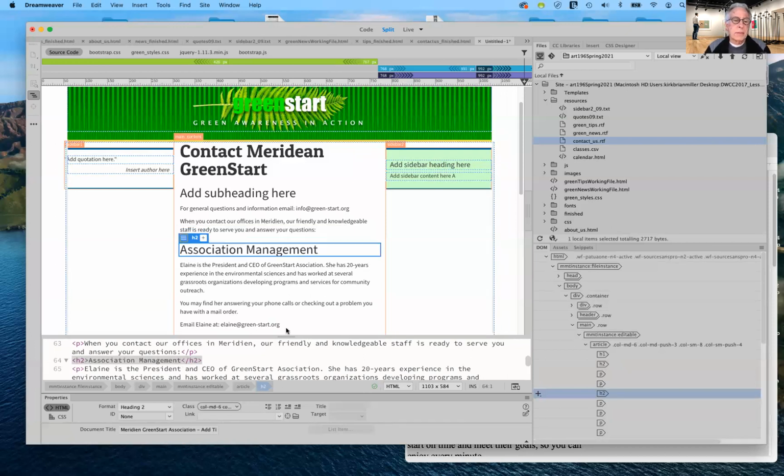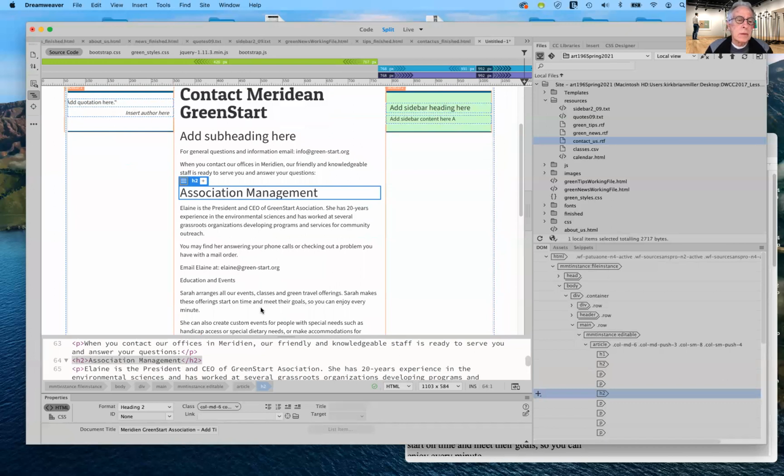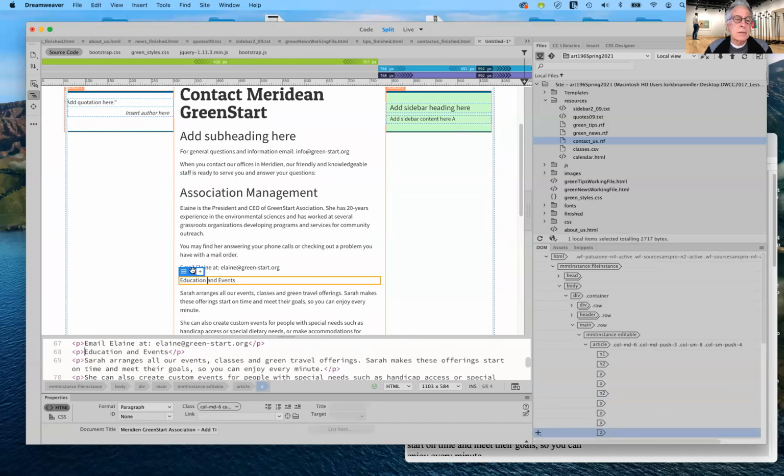So that changes the appearance of that. I'll do that for each of these. So we're going to come down here, we're education and events. Same deal. I'm going to change them all to H2 tags. Command T. So either that or you go inside the code and you change it there. It doesn't matter. It depends on my mood, I suppose,